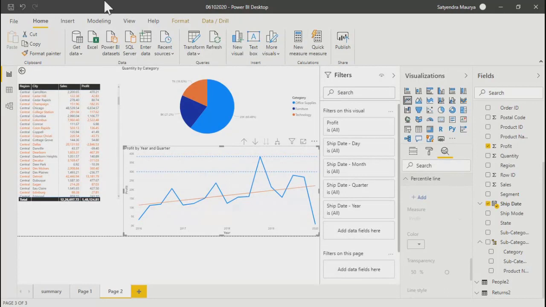Okay. Avinash, what about you? Where do we use percentile? Okay, I can't hear you, but that's fine.